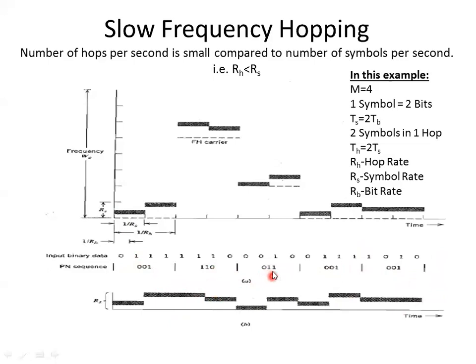I'm just looking at the pattern and I'm saying the decimal equivalent of that. So these 3 correspond to decimal 1, that means frequency F1. This is decimal 3, that means frequency F3. This is 110, decimal 6, that is frequency F6. So even though there are 8 possible combinations, in this example, this is using only 3 frequencies. F1 for this and this, F3 for this, and F6 for this. And this is about the PN sequence.